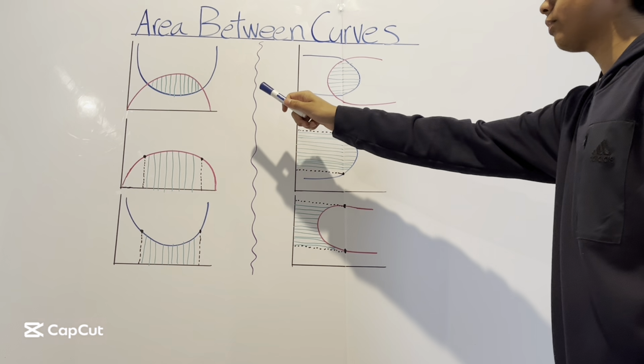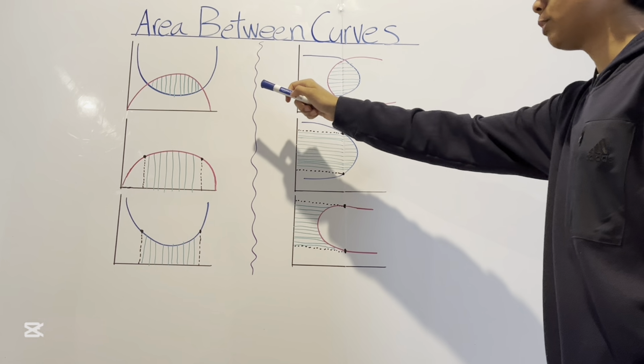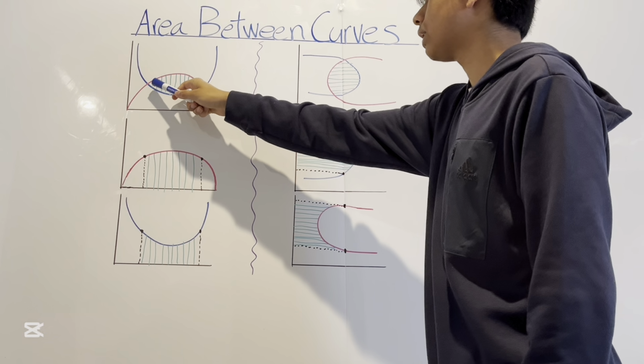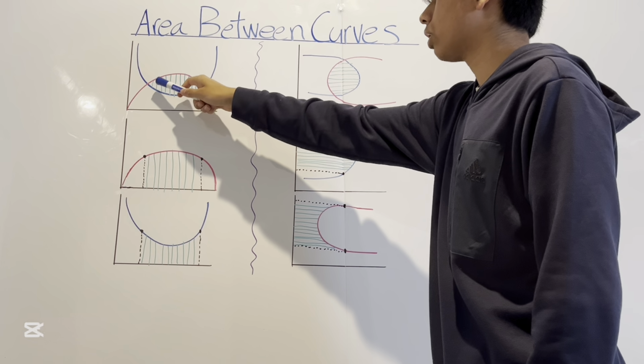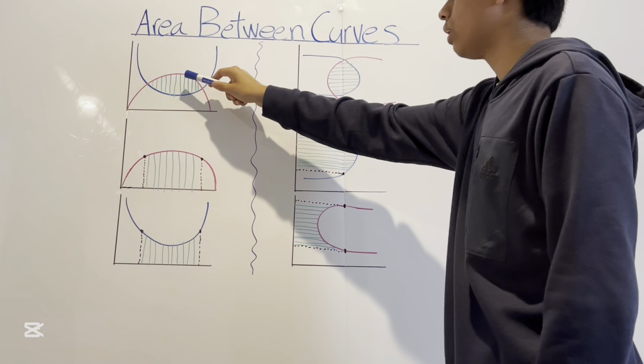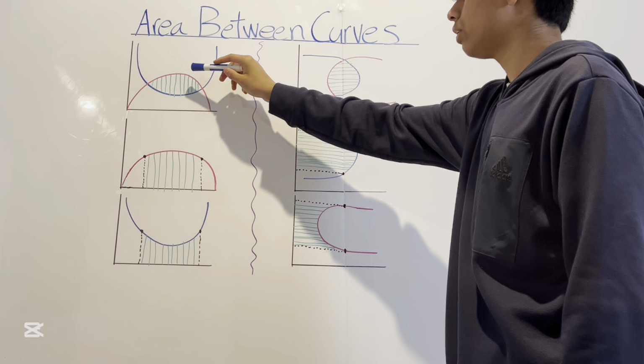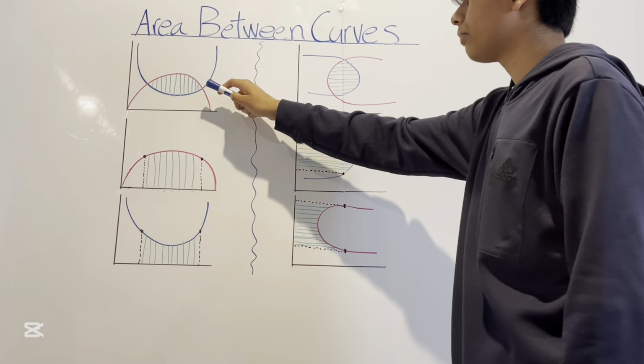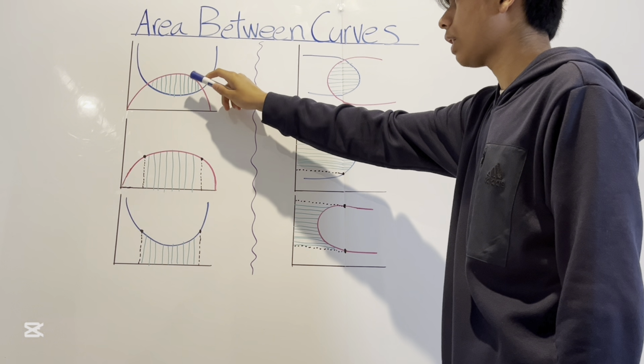Okay, let's say we have two curves and we want to find the area between them. So let's say we want to find the exact area that's enclosed in the region bounded by them. To do this, we would have to use definite integrals. So first, we would have to take the area of the top function and subtract it by the area of